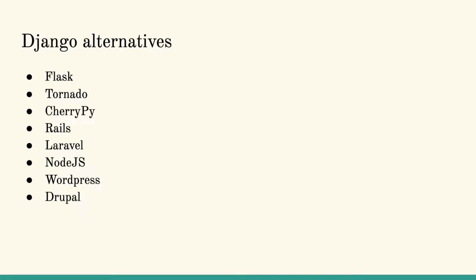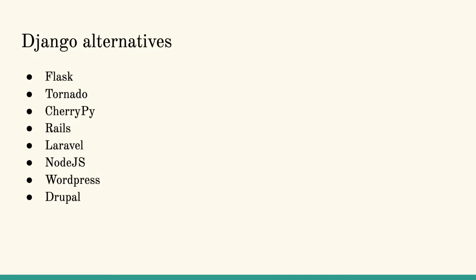Tornado and CherryPy are two Python web frameworks to develop web applications. Tornado is a very good framework to develop real-time web applications and so forth. And in other languages, Rails is a web framework that, if you're a Ruby developer, you can focus on. Laravel is a PHP-based web framework. So there are many web frameworks like that. Node.js, of course,